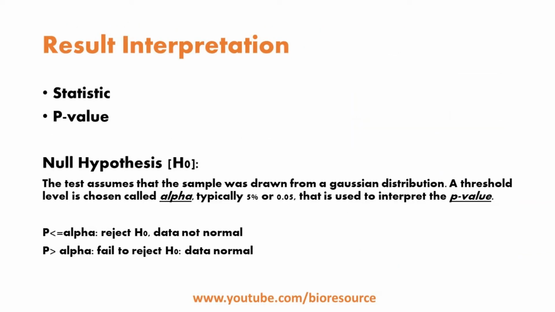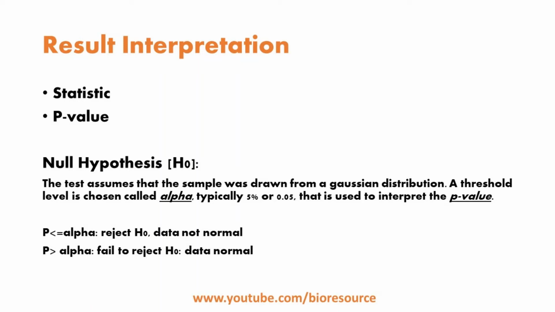Before going to these tests and analysis, we need to see how to interpret the result. We can use either the statistic or the p-value. The statistic requires a deeper understanding, whereas the p-value is easy to use and interpret. One of the main criteria we use for the acceptance or rejection is the null hypothesis. The null hypothesis assumes that the sample was drawn from a Gaussian distribution. A threshold level is chosen, called alpha, typically 5% or 0.05, and that is used